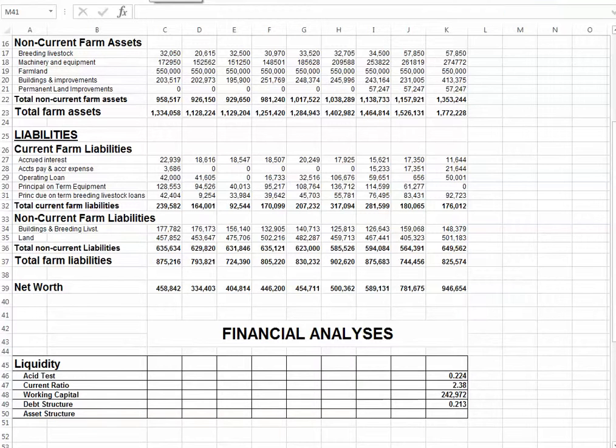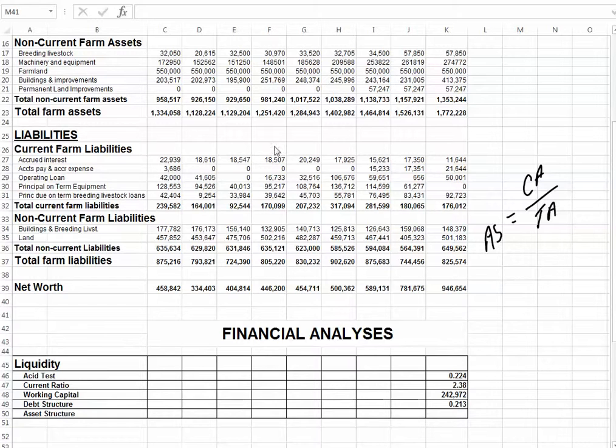This is the final video in the discussion of financial liquidity, and this one considers something called asset structure. Now, just for definitional purposes, the asset structure is simply equal to current assets divided by total assets. Okay? So if you look at the